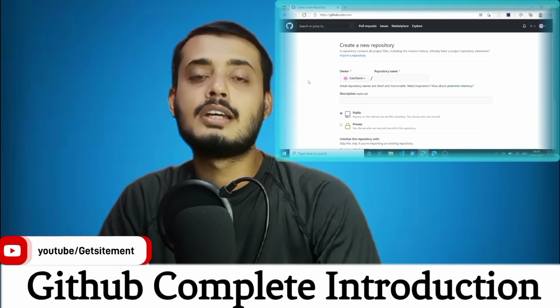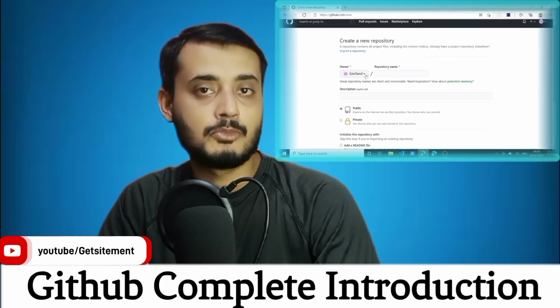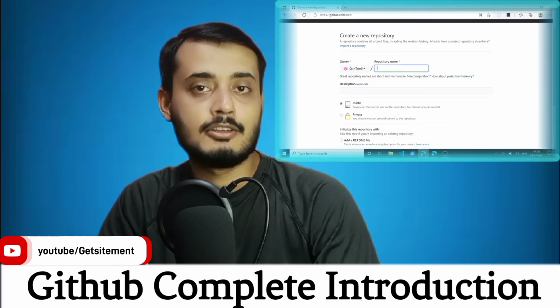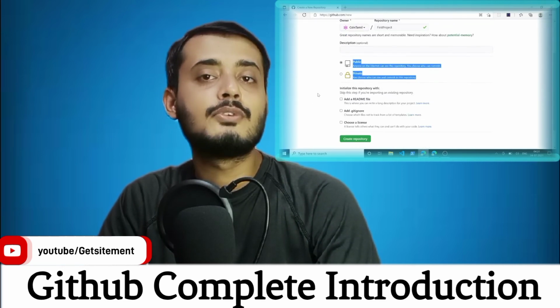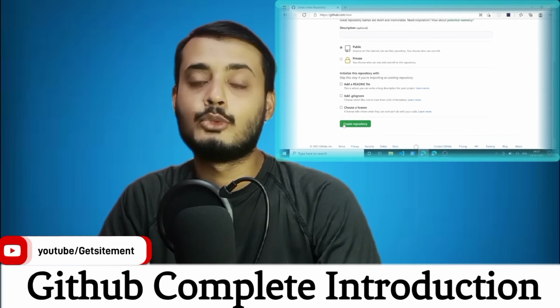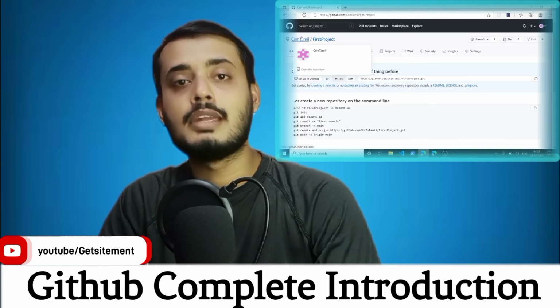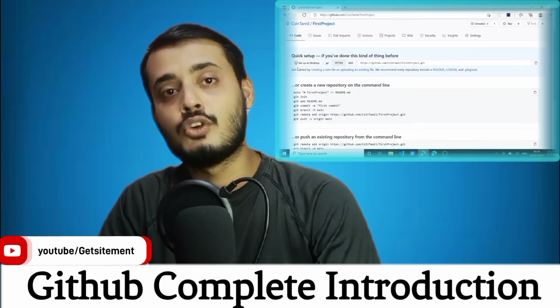Point number five, on the same screen, add a README file, a text file that describes your project and best practices in development. Add a .gitignore, which removes irrelevant files like .DS_Store and the like for your project. Point number six is to click create repository. You will be taken to your main repository page, which will list your files.